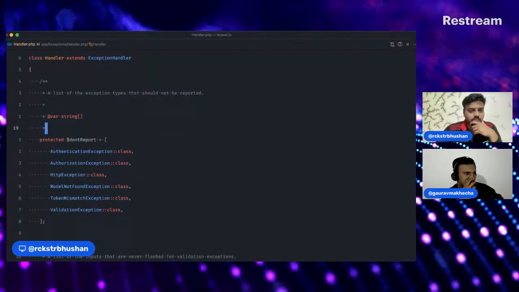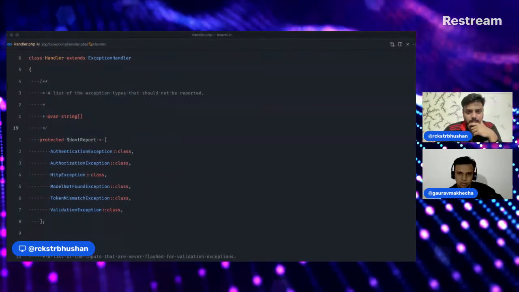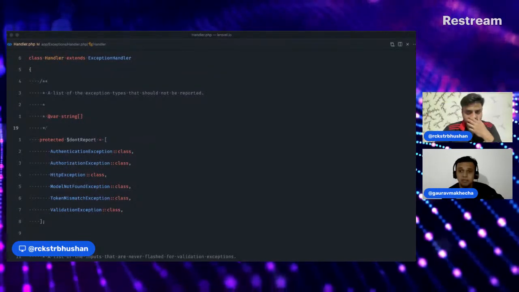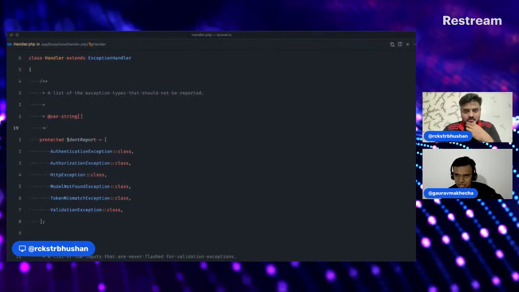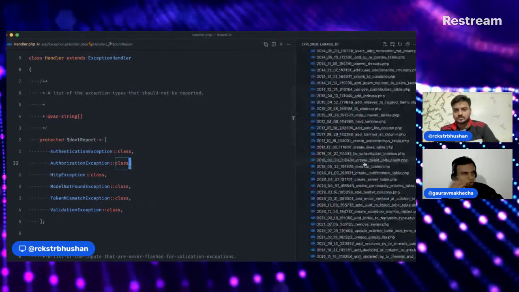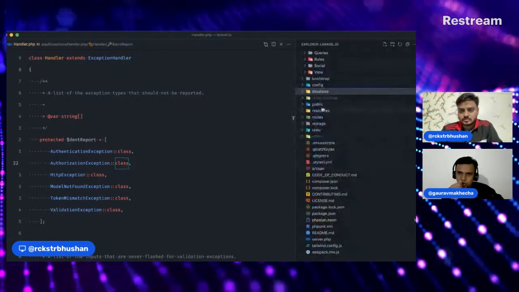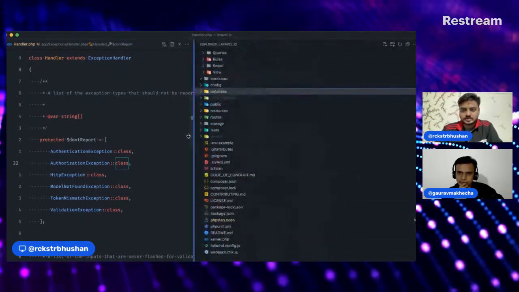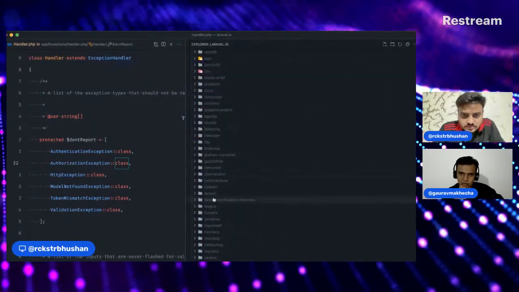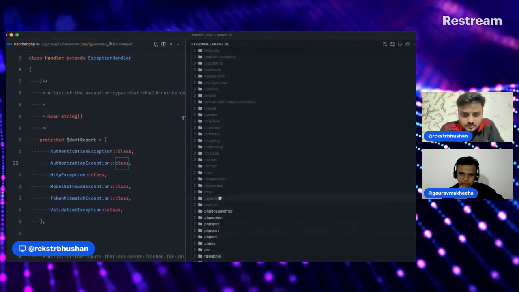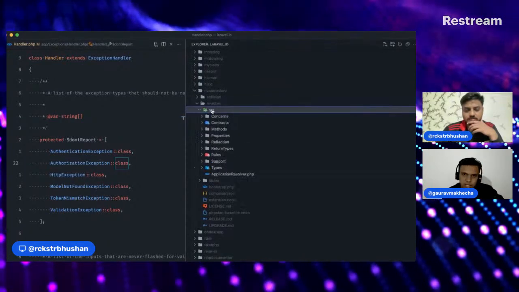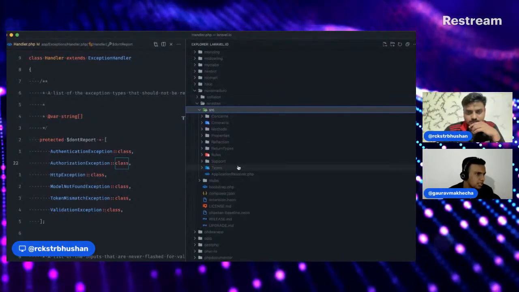I'm not sure if you can share your browser now. If you can share your browser and open the Larastan repository, you can show it. In fact, maybe you can also go to the vendor directory here. Okay, I can go to the vendor directory. Go to vendor, go to Nuno Maduro. I'll make it a little bigger. Go inside Nuno Maduro. Then we have Larastan, and then source.